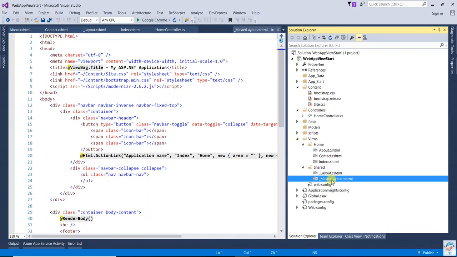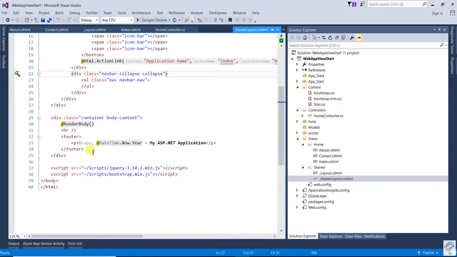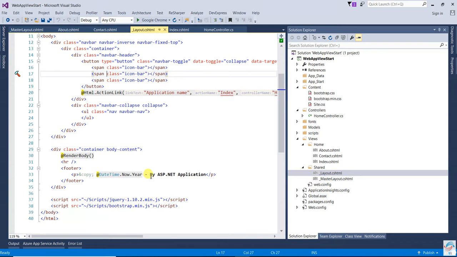I've changed the name of the master, the same layout, but I'm going to change something here. In my MVC application, here I'm going to write master layout, and this one is application layout. Okay,